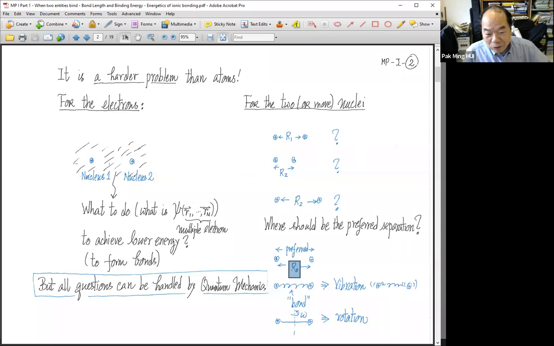And then with this preferred separation, the electrons distribute themselves in a particular way, and that will create a potential energy minimum because that is the preferred separation, meaning force is zero. So you can imagine there is a harmonic potential around that place. Okay, and then